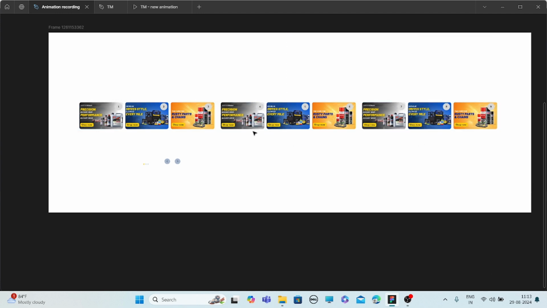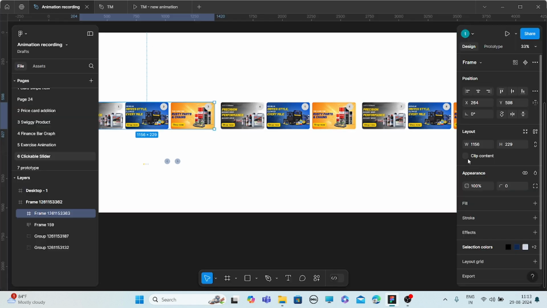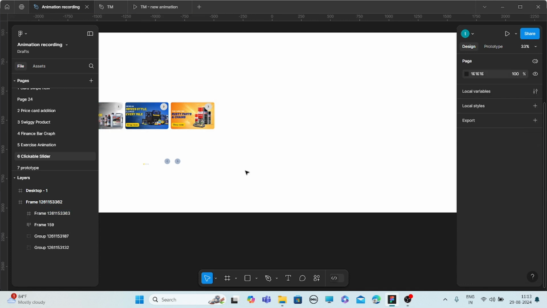a frame selection and click this and here select a clip content.